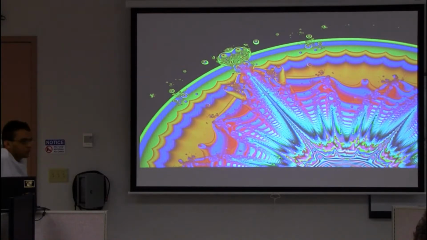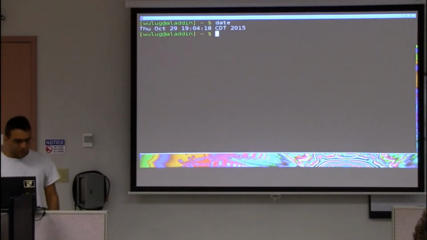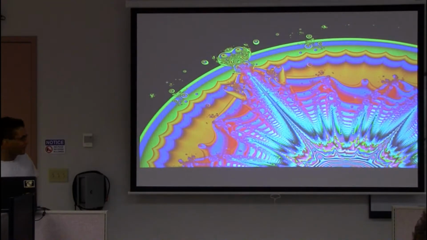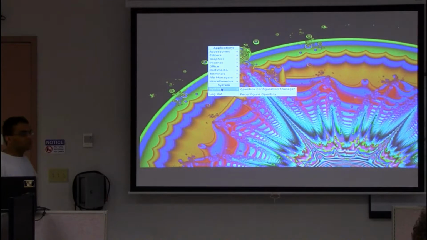Yeah, and then you usually just put startx in your bashrc file and it does all this magic for you. I'm going to cover one more thing in Openbox. I actually don't have a clock here, do I? It's 7 o'clock now. Okay, we'll be fine. So one more thing I'm going to cover on Openbox is